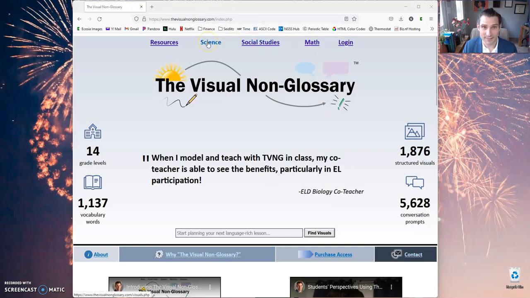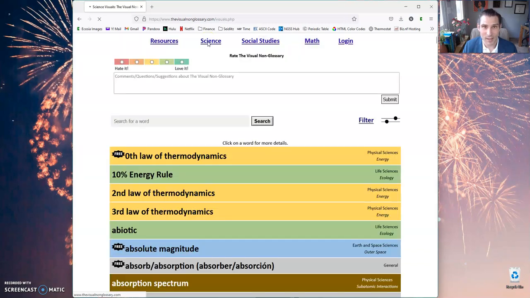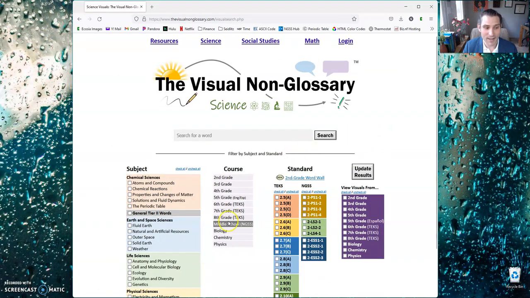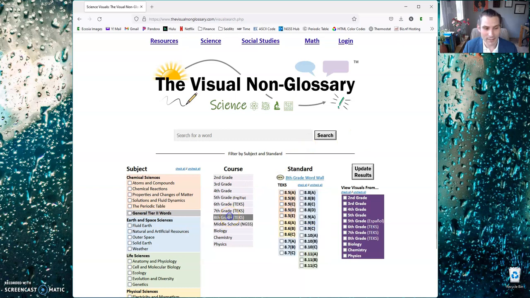Let's say I'm a science teacher. I'm going to click on science, and I'm going to go ahead and filter by the grade level that I'm teaching, that I'm interested in. So I'll click filter. Let's say I'm an 8th grade teacher. I'll click on 8th grade, and I'm going to go ahead and select all of the standards. I'm going to hit check all, so I get all of the standards, and then I'm going to hit update